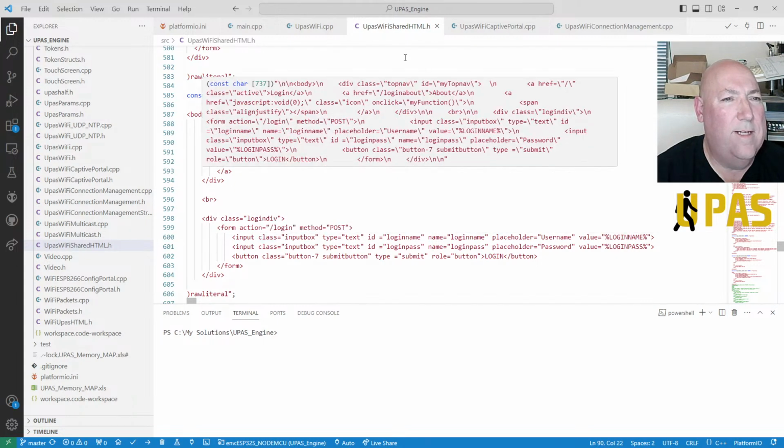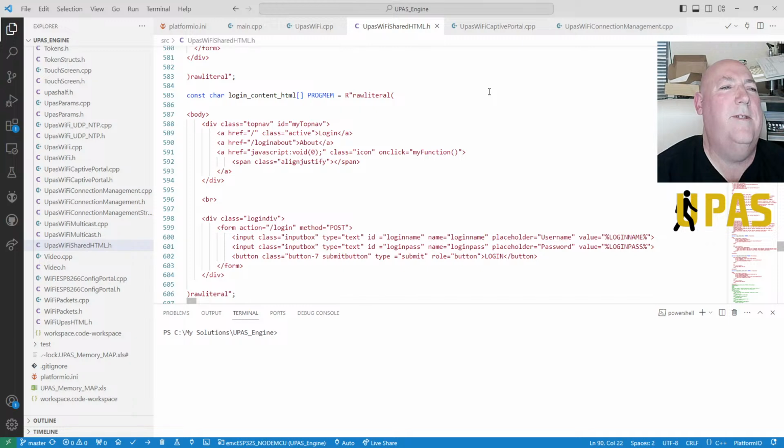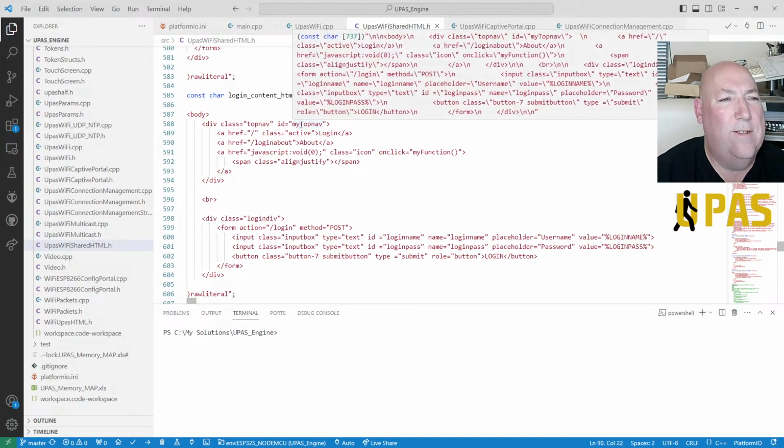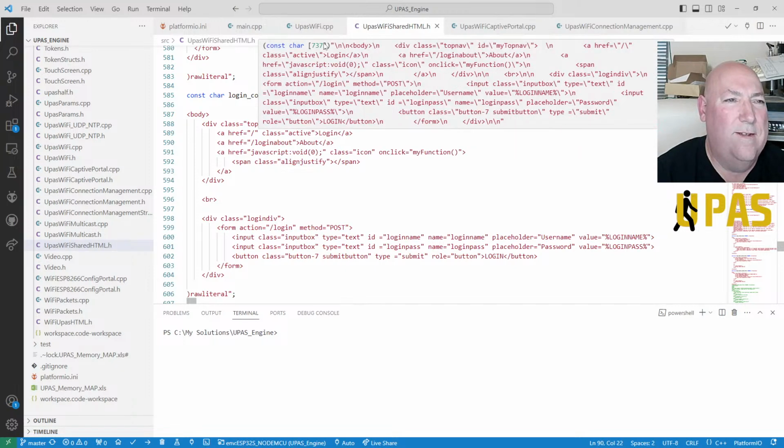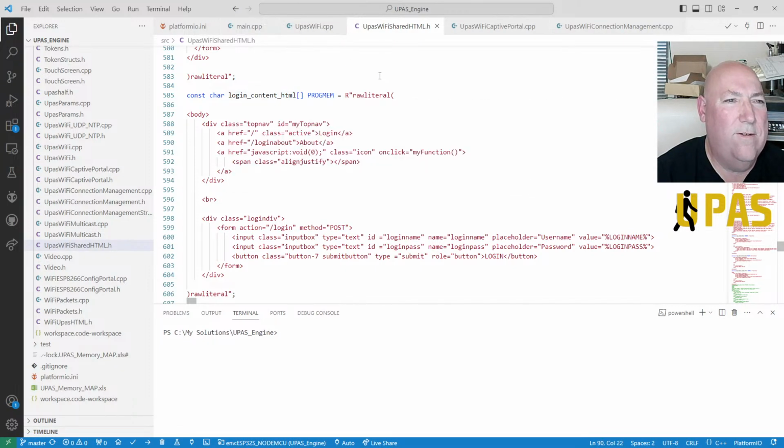Get out of the way. Oh, I hate it when it does that. Stop it. I can't even show you without it coming up with this. Why does it do that? Can I stop it? You want it to preview, but not when it's massive like that and blocks the screen. Ah, that's so annoying. Anyway, how do I stop it doing that? Let's ask ChatGPT and see if it knows.